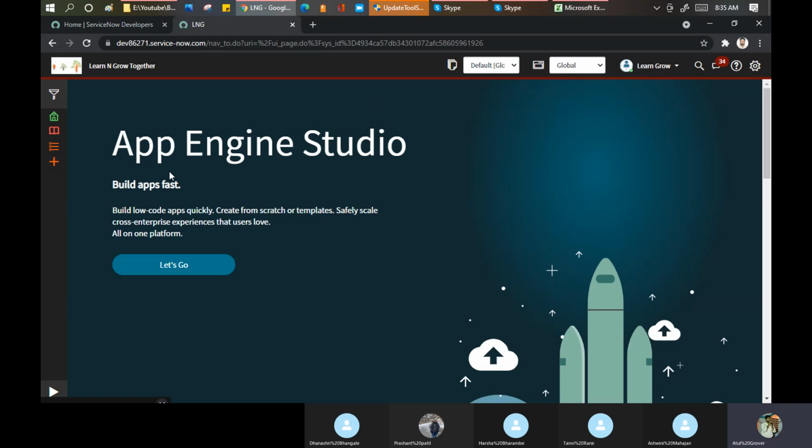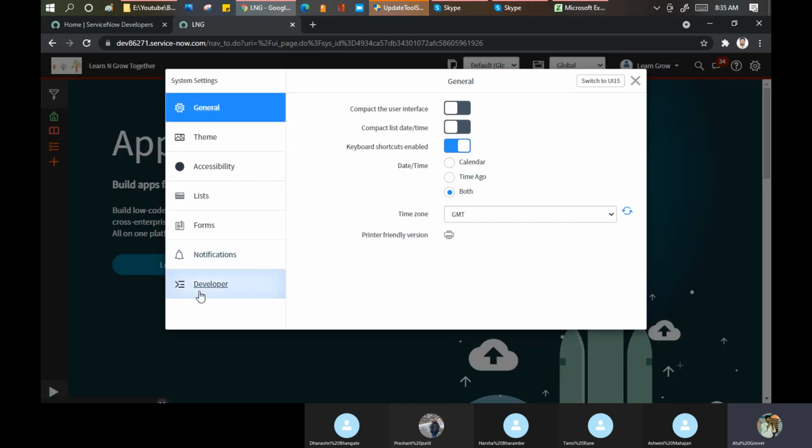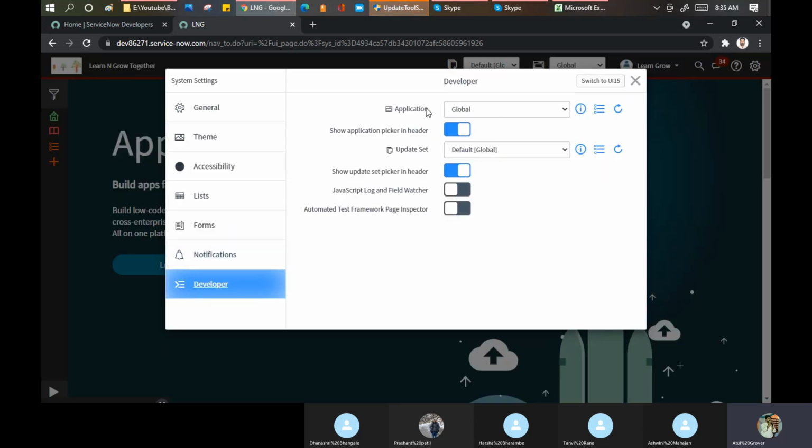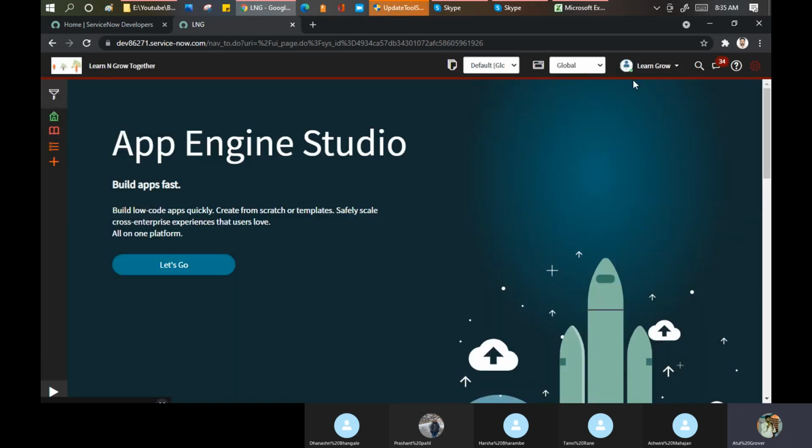Today, the things which we have done till now, we created a user defined table that started with U underscore something. Today we are doing the same thing, but we call it application scoping. To do that, you can go to developer and bring this application, which I already brought on top. If I click on this,